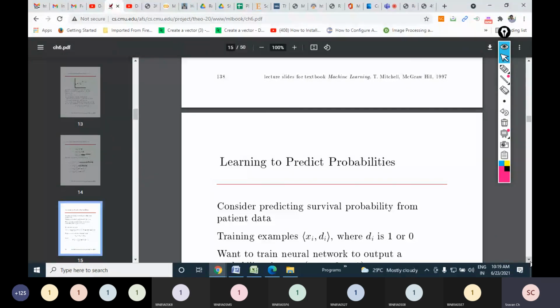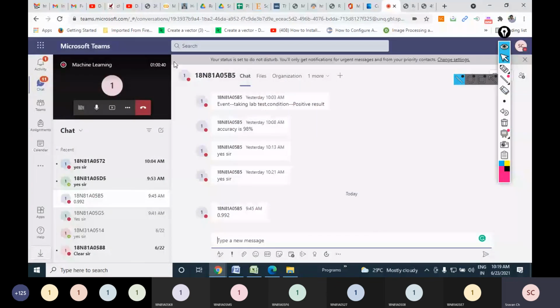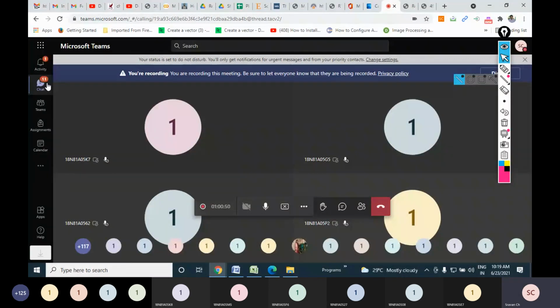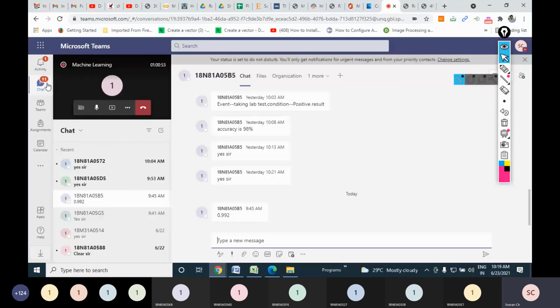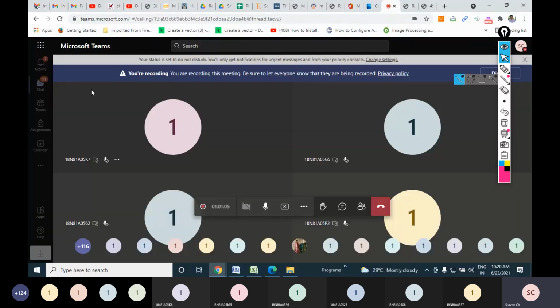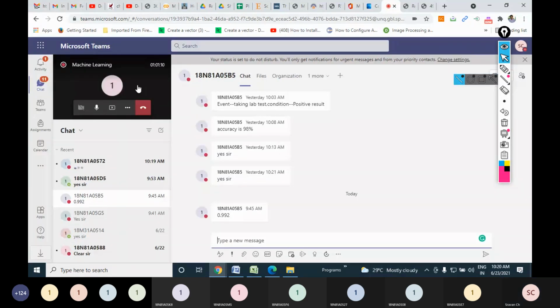So how do we solve a problem when a Bayes theorem based question is given? How do we compute P of A, P of not A, P of X given A, P of X given not A, false negatives, false positives? Is it clear to everyone, the problem which we have discussed? I will ask a similar problem in the mid-exam, but the question will be a little different. I'll make some changes. I may ask you to calculate false negatives or false positives. Based on the question which we have discussed today, you can expect a similar question in your external exam also, but definitely in your mid-exam I'll ask this kind of question.